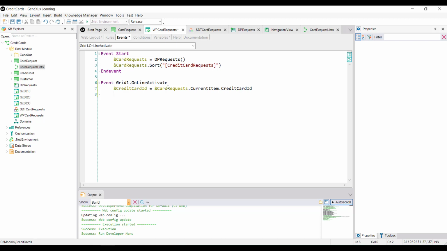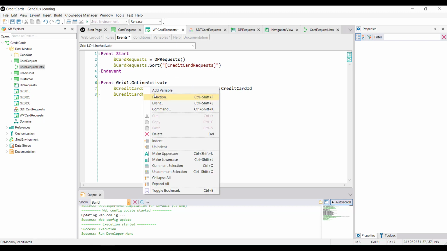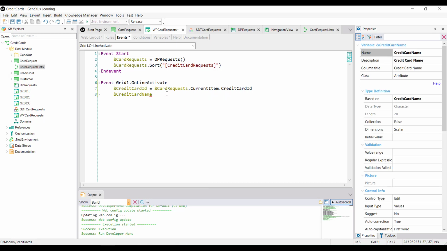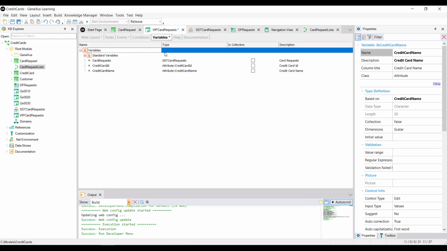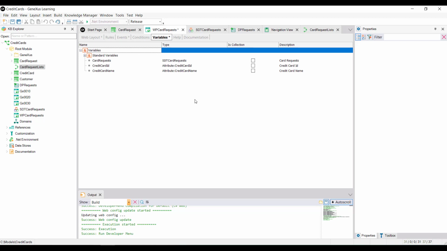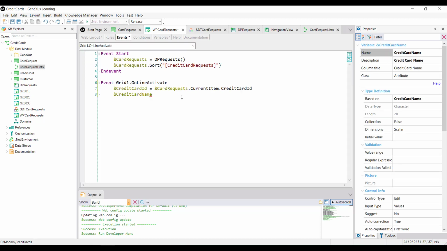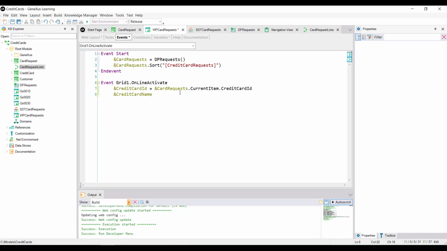We'll do the same to obtain the name. We define the credit card name variable, verify that it's based on the attribute of the same name, and define the corresponding assignment.